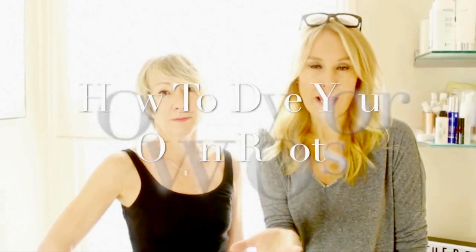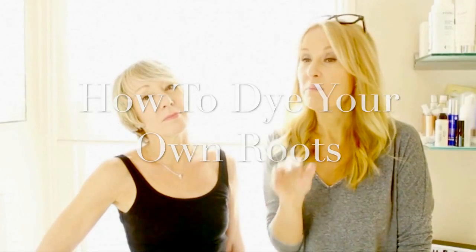Well, I dye my own hair. I dye my grey roots all the time because they are so bad that the regrowth comes through every 10 to 14 days and I just don't have the time to go to the hairdressers. So I'm going to let you in on my secrets by doing my sister's roots, because it's much easier for me to explain it to you what I do while I do my sister,